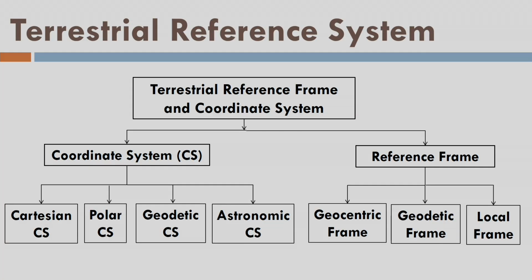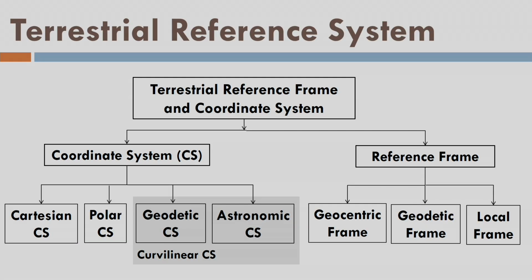Then we have a local reference frame. We need to define a local frame in order to take observations on the surface of the earth. Geodetic and geocentric reference frames are good for conceptualization, good to work around, good to imagine or calculate the 3D coordinates of a point in a global reference frame for large areas, but we still need to collect observations on the surface of the earth, and for that we need to define a local reference frame. So these are the importance of the different concepts of reference frame and coordinate system.